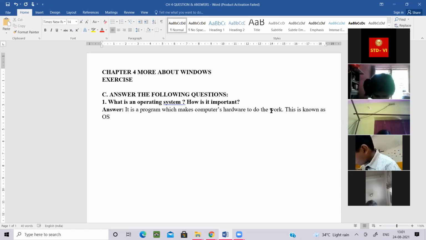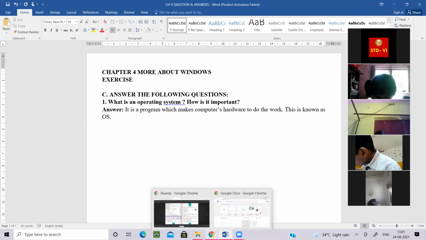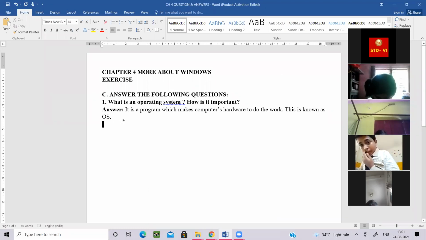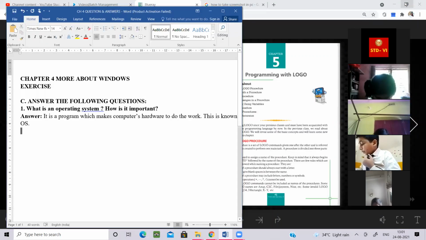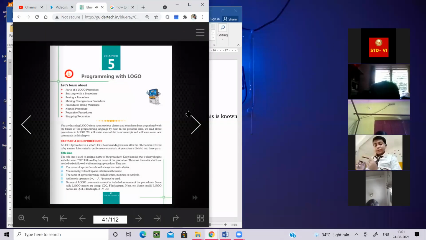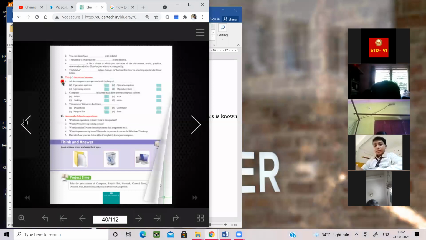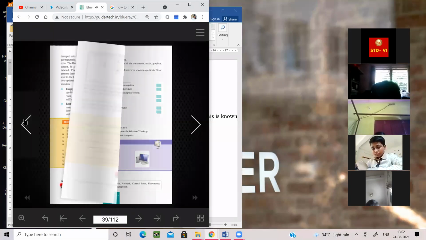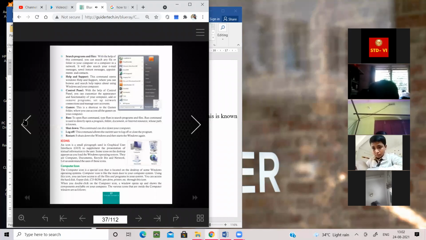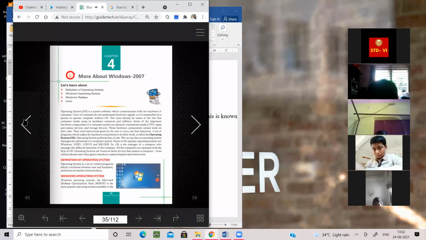I'm writing OS in short form. Okay, so how is it important? Ma'am, then we can write it is important: hardware components of a computer system are physical components like the CPU, input and output devices and storage devices.